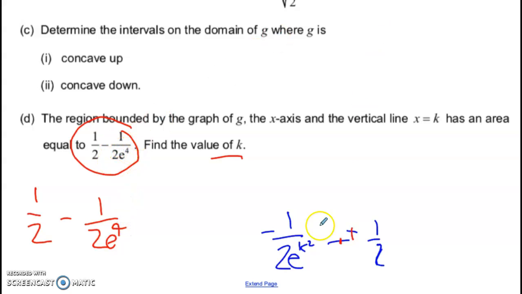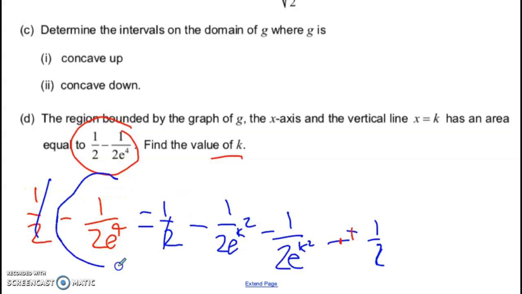Now I'm going to take my business, and I'm going to restructure it. So this plus a half, I'm going to put in front because that's what I found for the area, minus, and I'm just going to put this in the back. And the only reason I'm doing that is because that's the way they gave this to me. So there's a 1/2, check. This and this look to be the same. So that means e to the 4